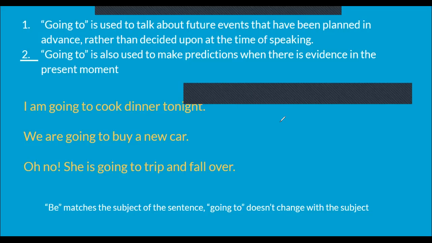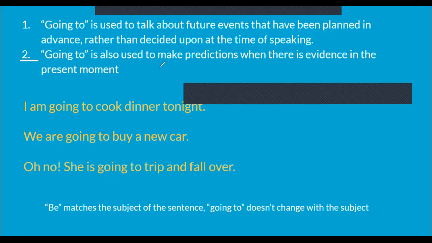I am going to buy her a doll for her second birthday. किसी बच्चे की second birthday है तो I am going to buy her a doll, right? So this is something that I've planned a lot in advance. So this is the first use of the auxiliary verb going to. The second use of going to in the future